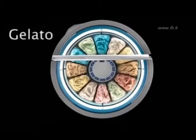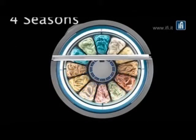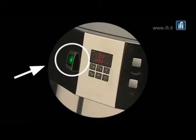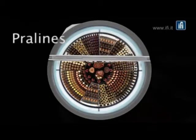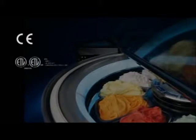Tonda is available in the following versions: Gelato, Gelato single portions, 4 seasons, serving as gelato or pastry display case simply by setting the temperature and enabling the commute push button. Pastry, pralines. Tonda is EC certified for Europe, ETL certified for North America, and Ghosts